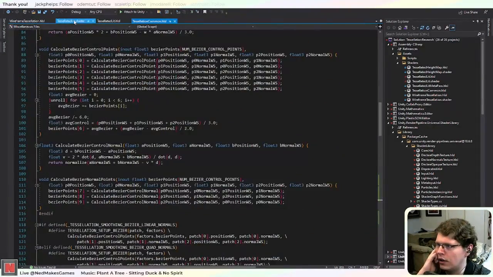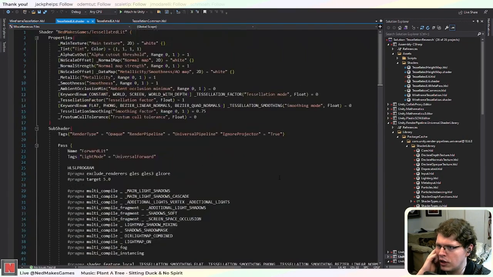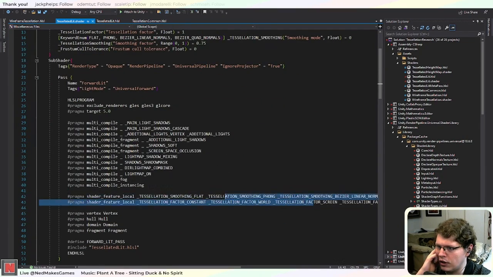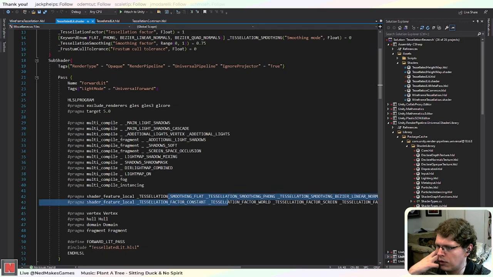There is one other thing. We have these lines for all the tessellation options, and I wish that we could move these out and put them in some common file, but I don't think I can do that, unfortunately, because I don't think I can define my own pragmas. Unity has these specific ones for this very reason, so you don't have to define these lines multiple times, but